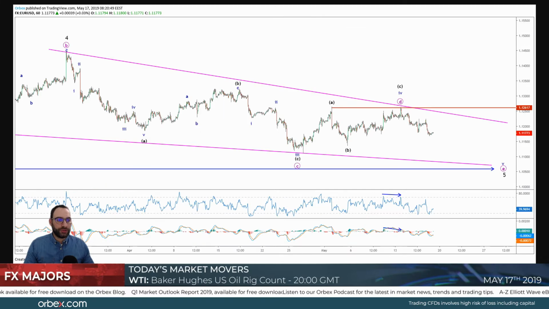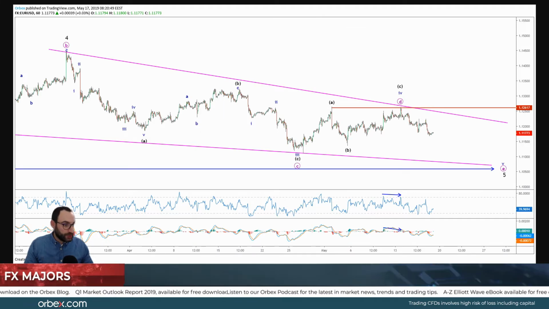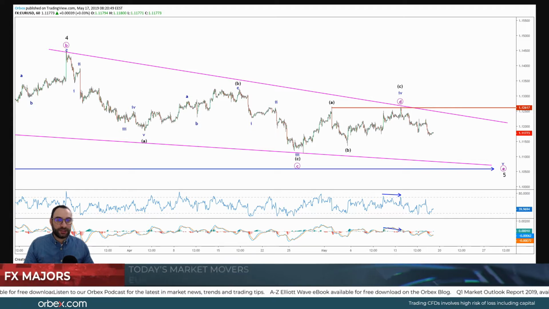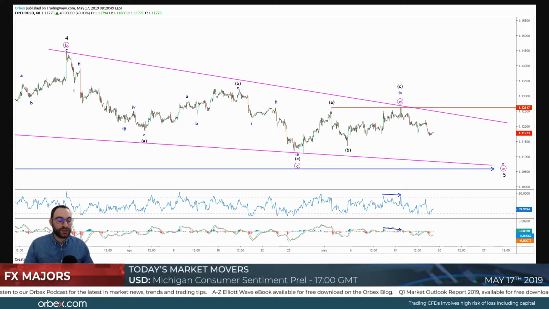So what else to do but take for the day two pairs that include the dollar. That's the euro dollar and dollar yen, the two most volume traded majors pretty much. Today I decided to go on a shorter time frame, so I will do the 1 hour and lower. So euro dollar, I want to start with the 60 minutes.